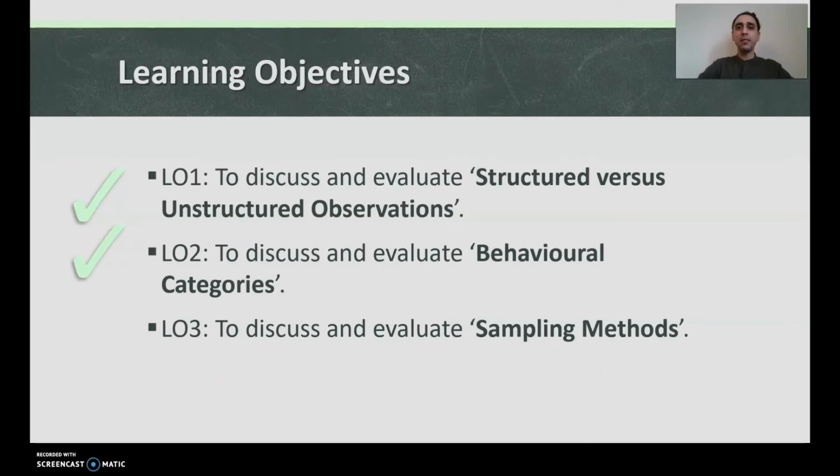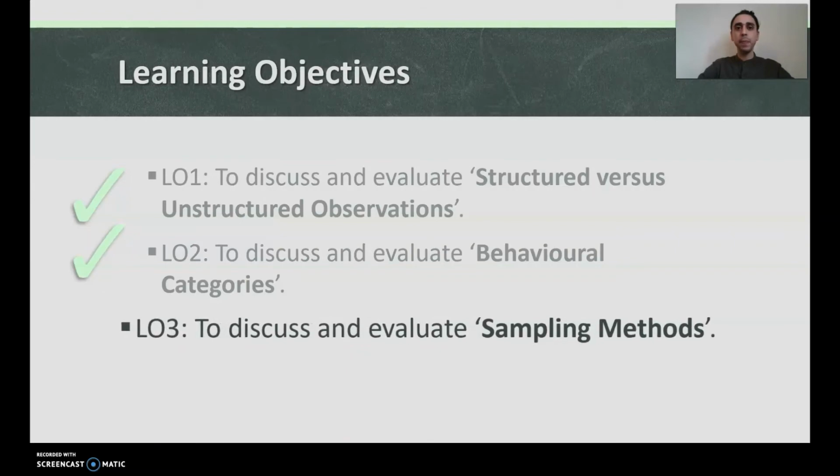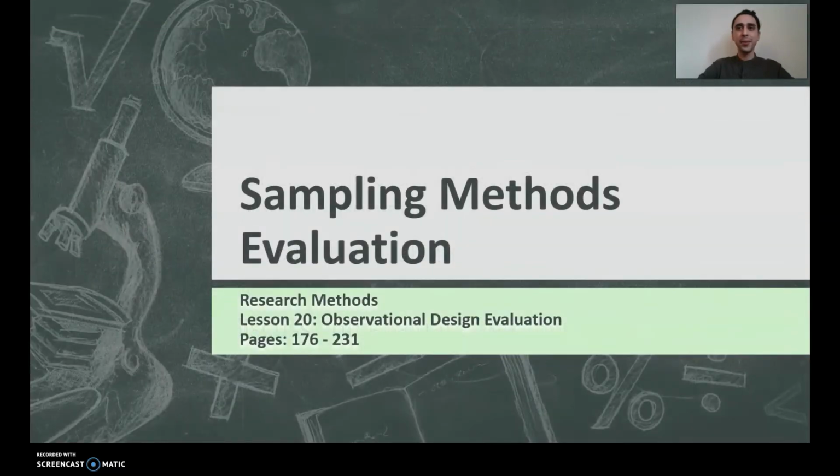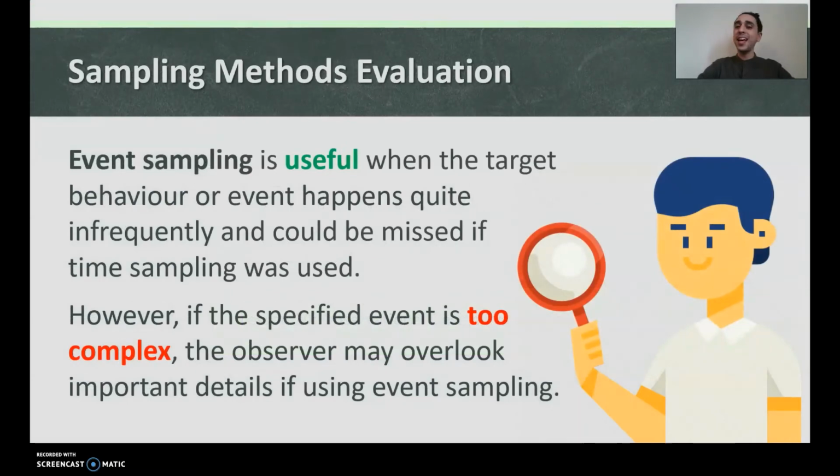And we're on to learning objective 3, to discuss and evaluate the different sampling methods. Here we go. Sampling methods evaluation. Event sampling is useful. So event sampling is when you literally tally every time that event occurs. Event sampling is useful when the target behavior or event happens quite infrequently and could be missed if time sampling